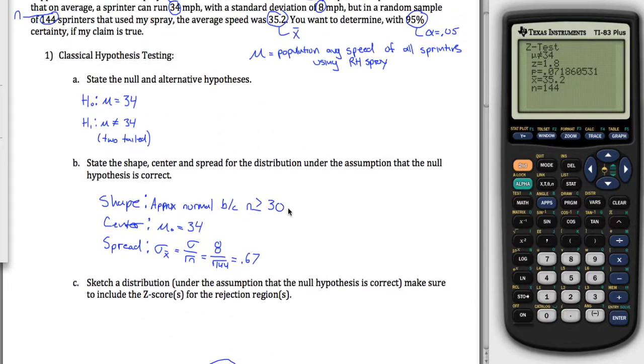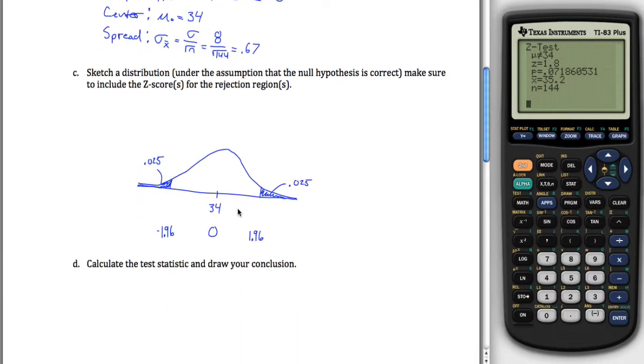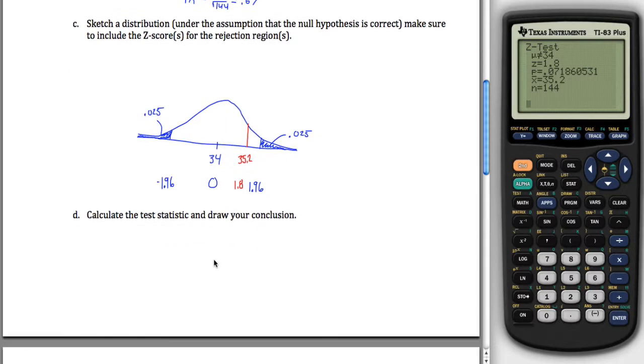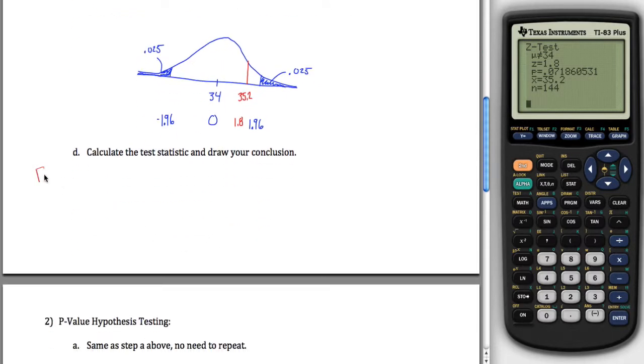In other words, this value of 35.2, I'll put it over here, only has a z-score of 1.8. My test statistic's over here in my picture. My test statistic is not in my rejection regions. So I'll say, because my test statistic is not in the rejection region, I guess there's two of them, so you could say rejection regions, is not in the rejection region,